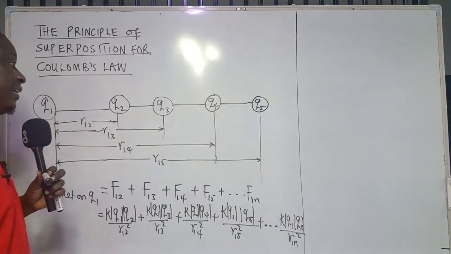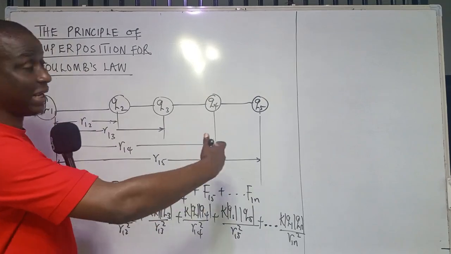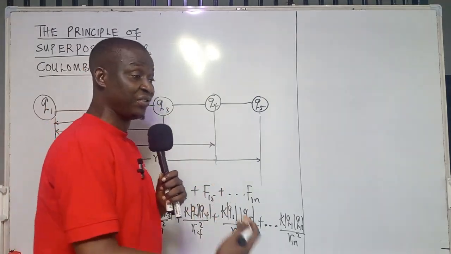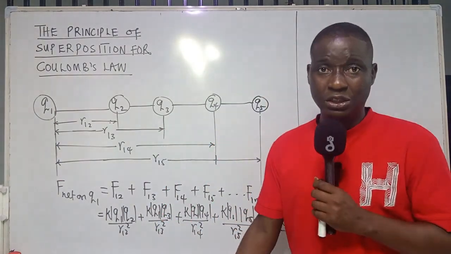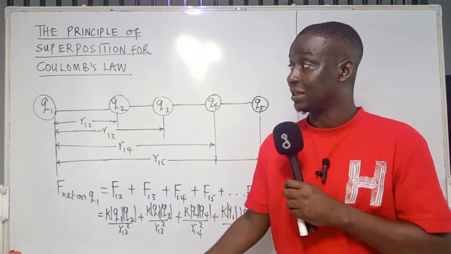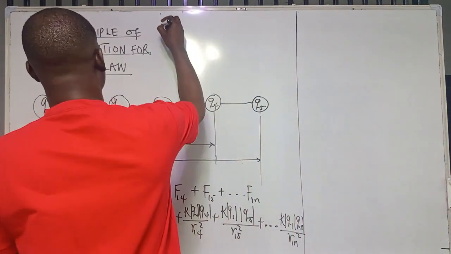So you can go ahead to keep summing them together as long as the number of charges given in the question that are acting on this. So what it is now saying is that